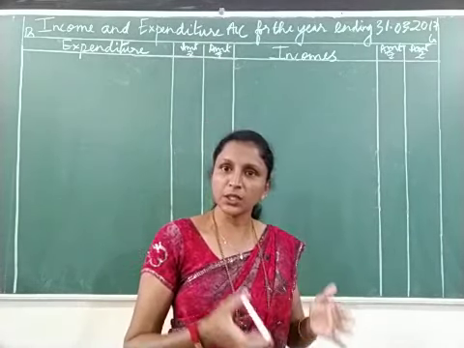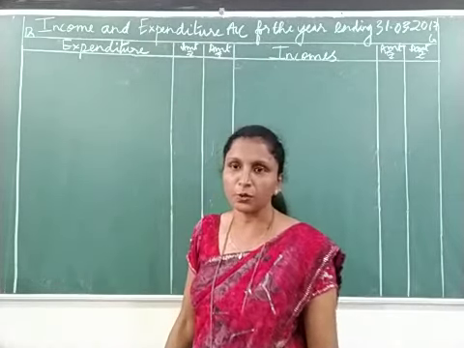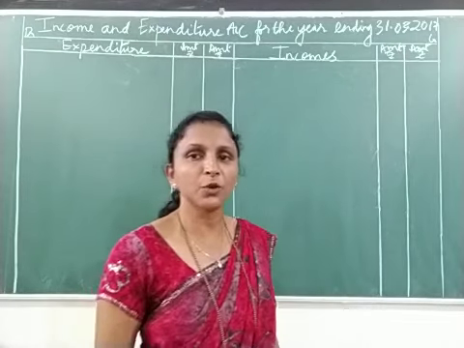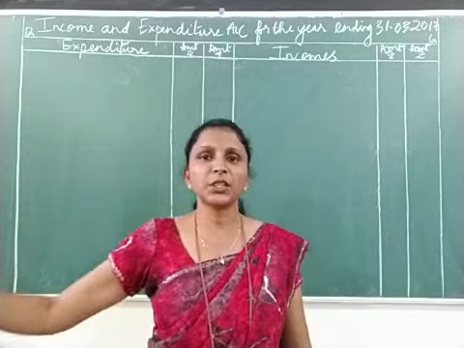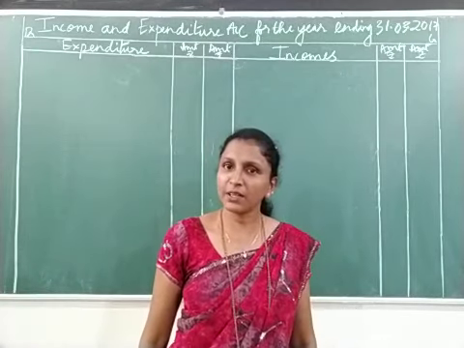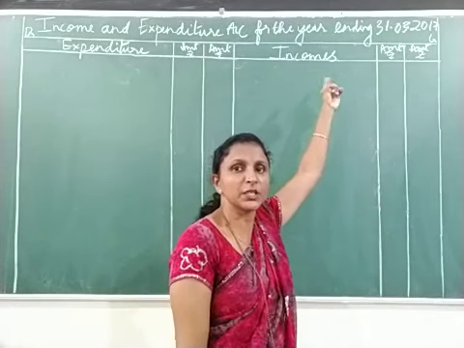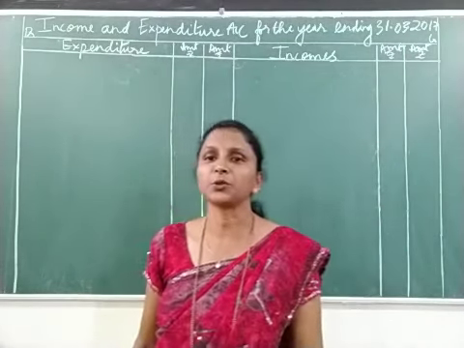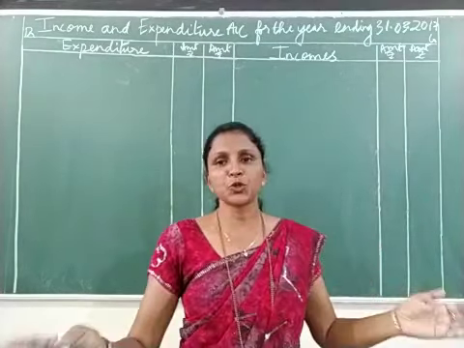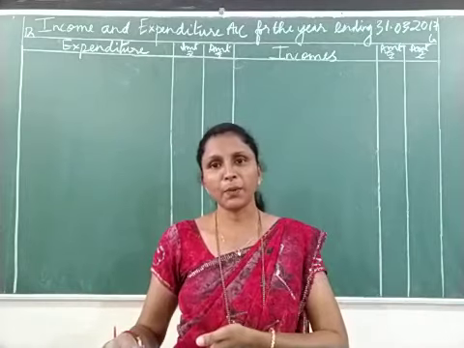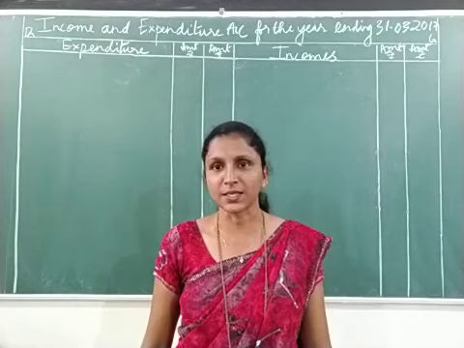Of course, I have to see the receipts and payments account, and I have to start with the income and expenditure account. Let's see the receipts and payments account given in the problem. So see there, receipts and payments account for the year ending 31/3/2017 is given. The same date we have written here also, income and expenditure account for the year ending 31/3/2017. Look at the receipts and payments account. So there are two sides, receipts and payments. So let's start with the receipts side first.